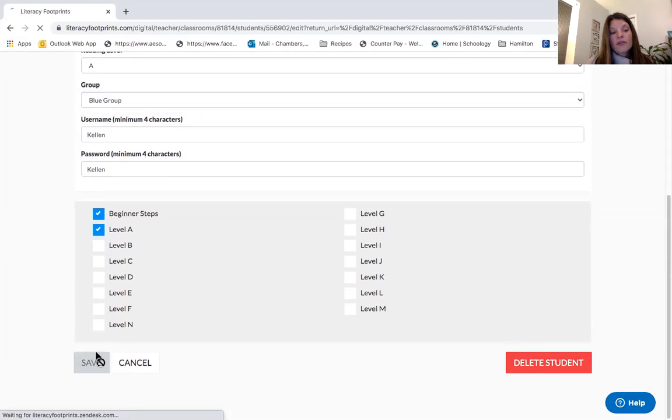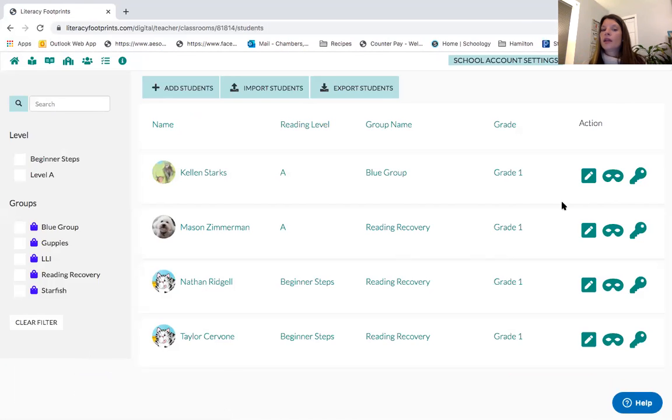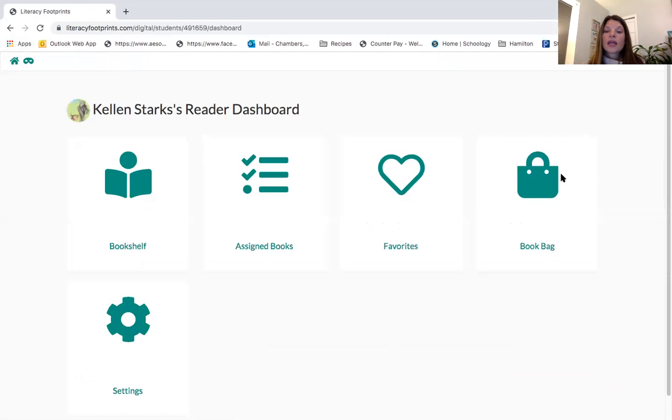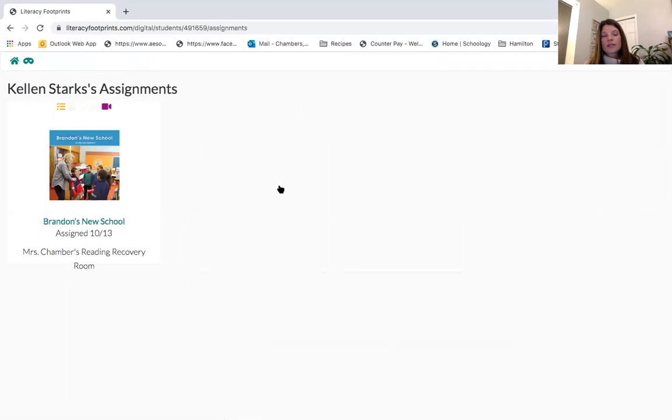I hit save, and if I hit Kellen's mask, there it says blue group. If I hit the mask, and I now come back in here and see assigned books, there it is. Once he clicks in the book,